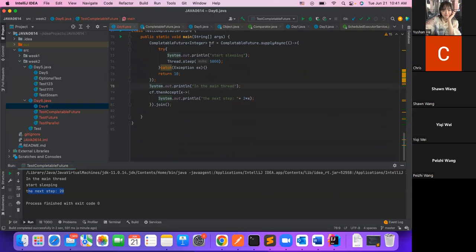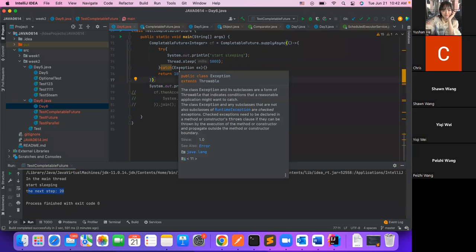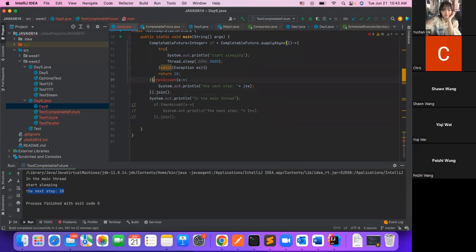So actually what we can do is we can even move this part. Maybe let me first comment out this part to see. So remember that this CompletableFuture works separately in parallel with the main thread. So we can just define all the steps, all the procedures, in one statement using the chain operation like this, just similar to